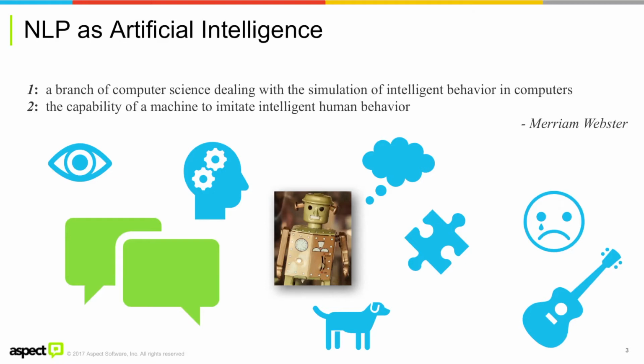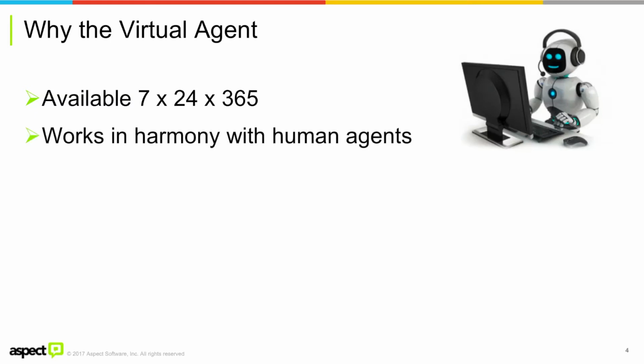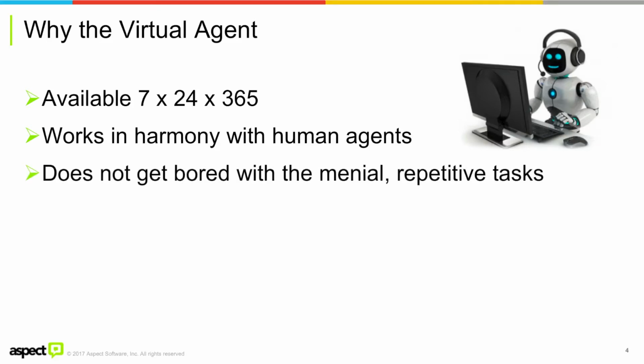And I don't really need to tell this audience why we need to move towards AI in the context of the contact center. We need a virtual agent because we need something that can be available all of the time. We need something that can work together with our human agents, not necessarily replace them, but supplement them, because computers don't get bored with the simple stuff that they have to do over and over again. The simple questions, the 100th person today to ask whether you were open on Saturday. An AI can handle that question very easily and not get bored with it.